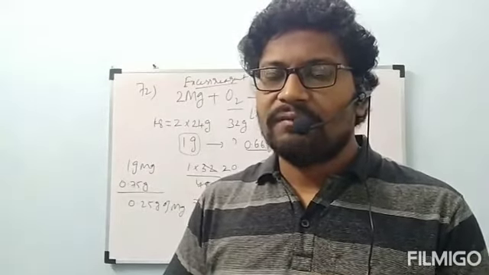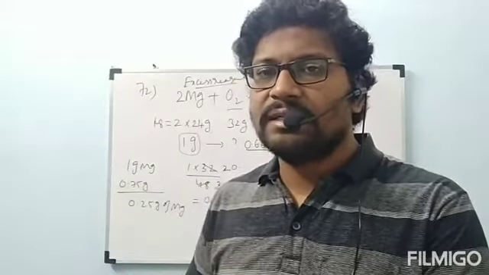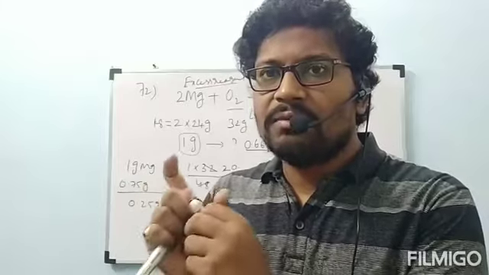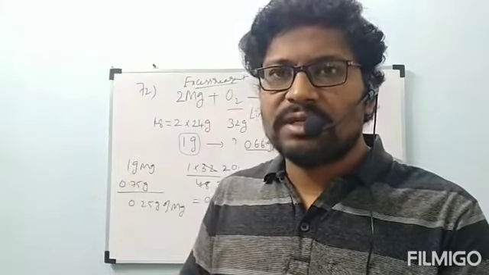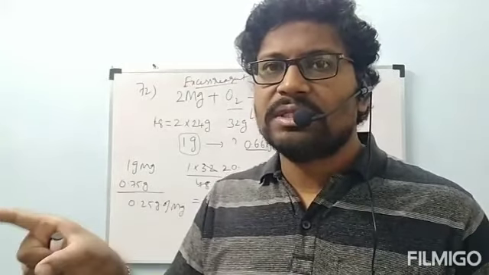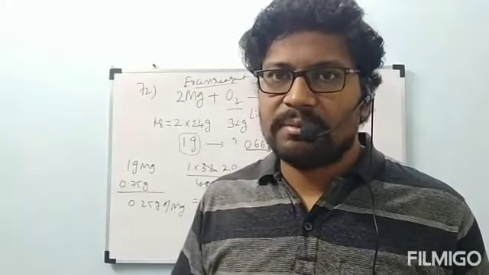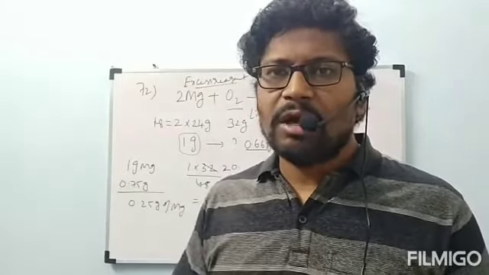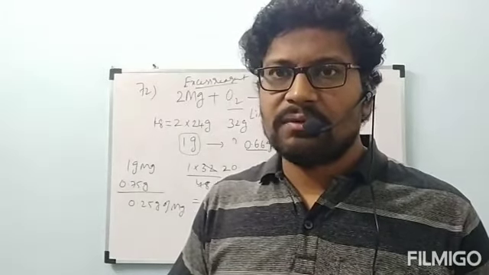Once again, if they ask for the equivalent weight of one compound present in the reaction, we have to consider 1 mole of that compound. In that 1 mole, see how many sulfurs or how many carbons are there. For them, we have to see the change in oxidation state. In that way, we have to do equivalent weight problems. Also molecular weight, molecular formula and empirical formula problems. Try to do them once.